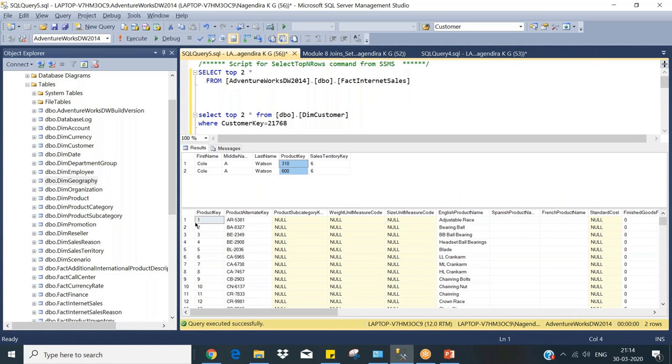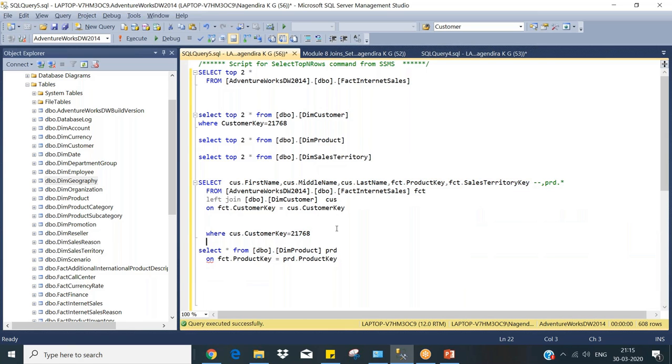In your left table you have only two records. In your right table you have 600 records. It doesn't matter. Once you do the join, it will give you the results. This is your where condition. Without this where condition, it does the join for all the records, I mean all the 60,000 records of this fact table. This where condition filters it. If I put this where condition here,